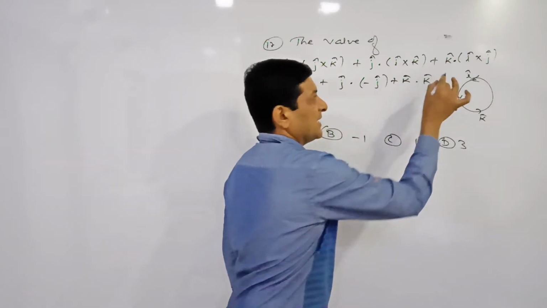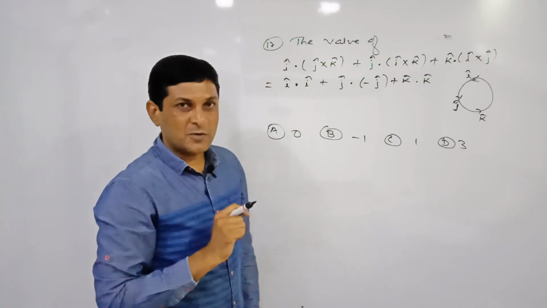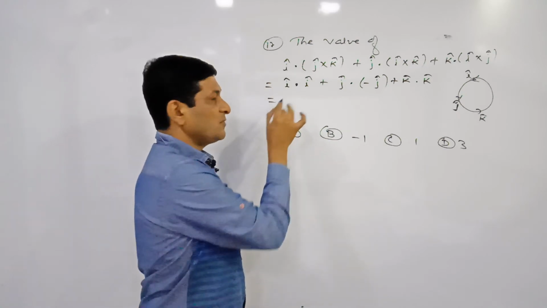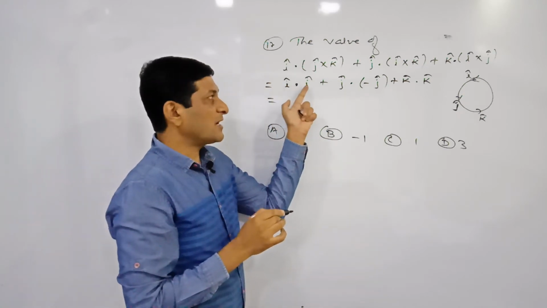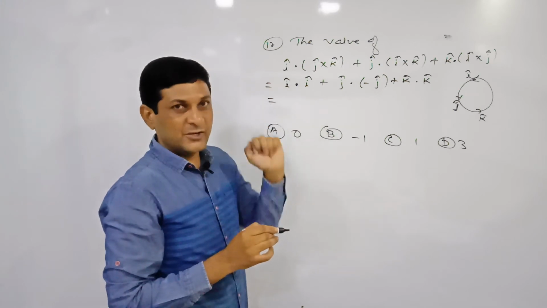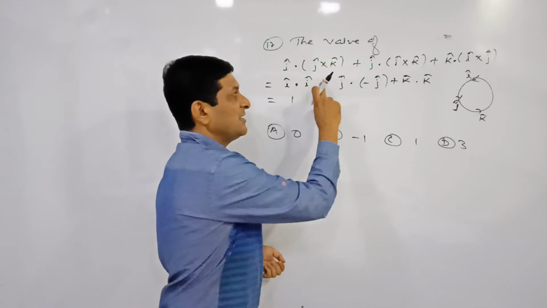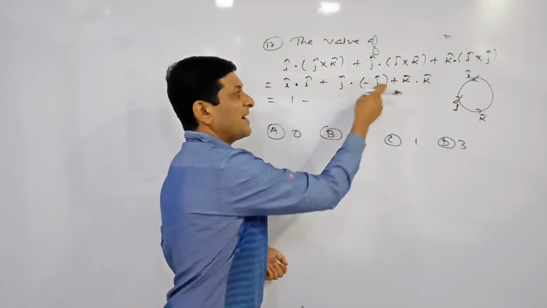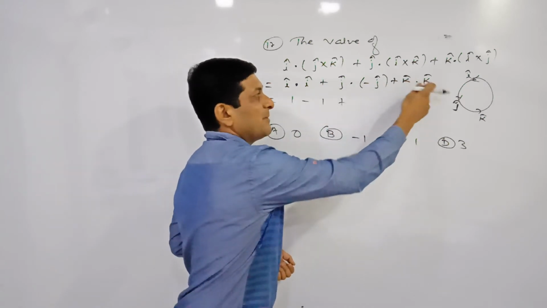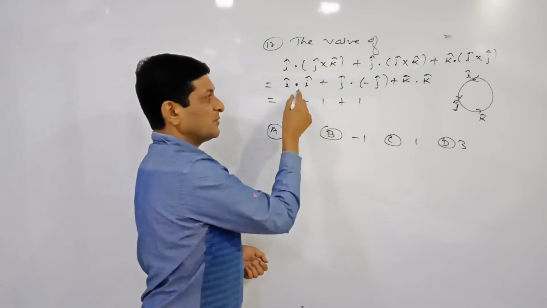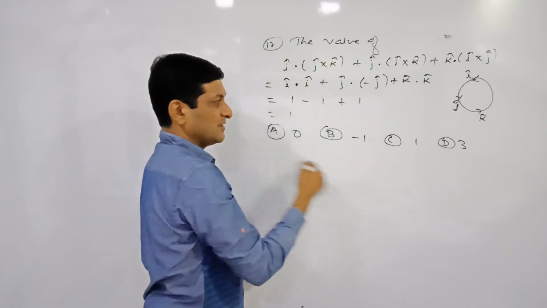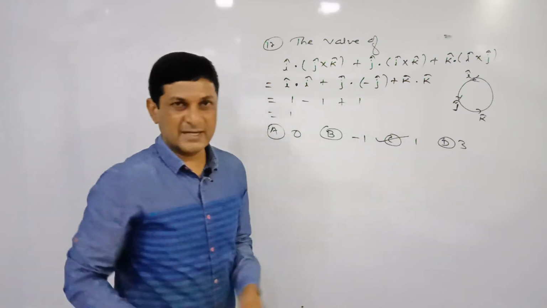So dot k cap. We also know that dot product of the same vector is equal to the square of its magnitude, means i bar dot i bar is the square of the magnitude of i bar, but i bar is a unit vector, so its magnitude is 1. Plus into minus is 1, j bar dot j bar is 1, plus k bar dot k bar is also 1. Here plus 1 minus 1 will get cancelled, remaining term will be 1. So option C will be the correct answer here.